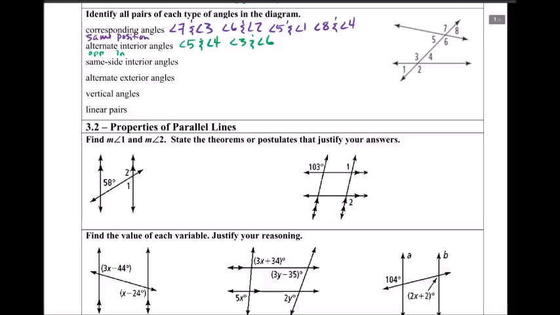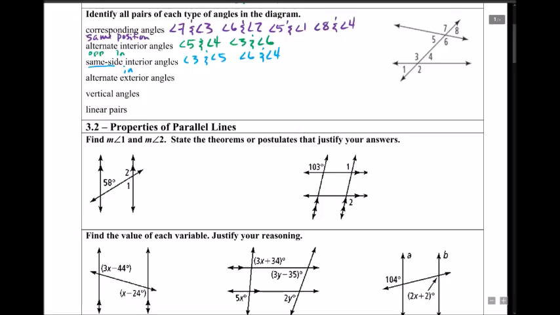All right, same side interior. So these are on the same side and inside. We just did opposite sides and inside. Now we want the same side. So who's on the same side? Angle 3 and angle 5. And on the other side is angle 6 and angle 4. Again, make sure you're using proper notation on these. All right, next